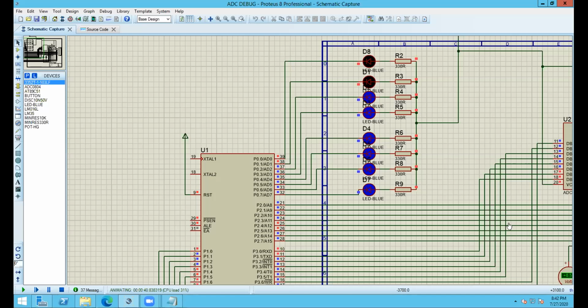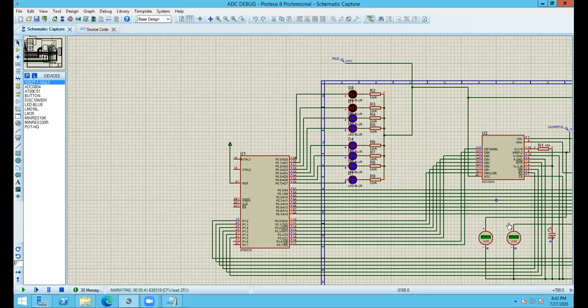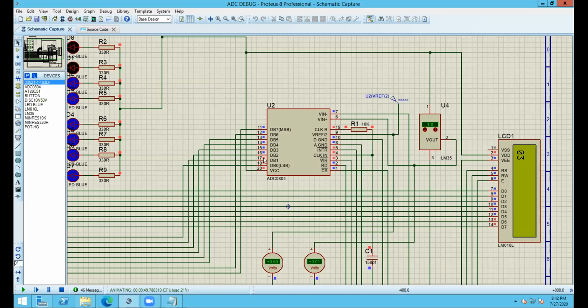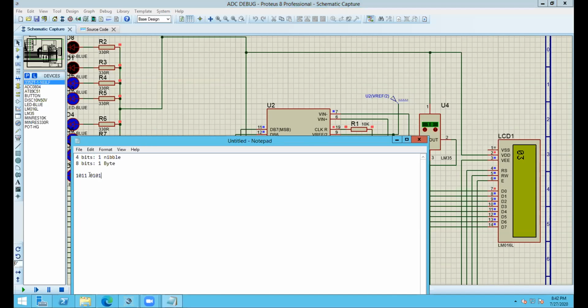So what is our current reading here? The reading of ADC that is provided here, we see these two bits are on, DB0 and DB1. These two are on and the rest of the bits are off. So that gives us, if we write it down, 0000 0011, right? So this is 3. In hexadecimal, this is 3. Am I right? Yes, sir.